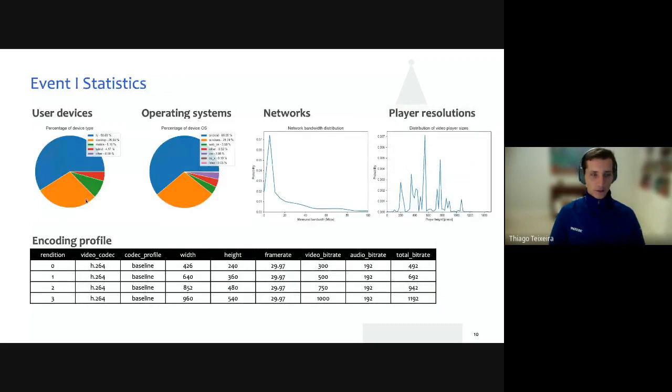And I'm going to go very briefly over the statistics itself. It's all detailed in the paper, in the interest of time. But we're just showing a highlight of the events. For event number 1, which is the largest one with over 30 million data points, they're mostly TVs and desktops, with Android and Windows being the most used OSs. We're also showing network and player resolution. The network distribution goes beyond 100 megabits per second, but we cut it off just for presentation